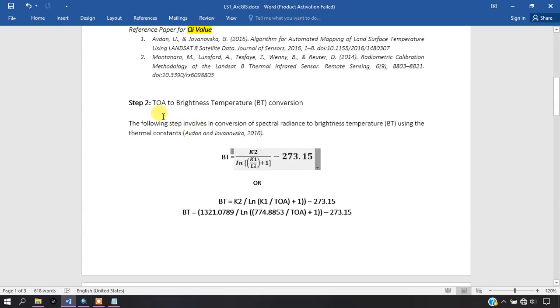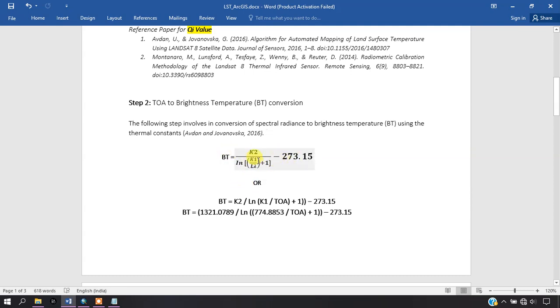Now we move on to the second step, that is we have to convert TOA to brightness temperature. This is the temperature felt at the satellite sensor, and we will further convert Kelvin to Celsius using this formula.